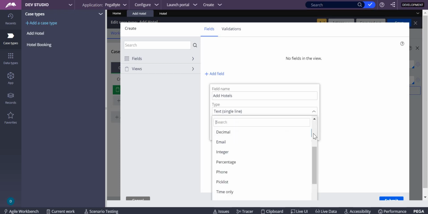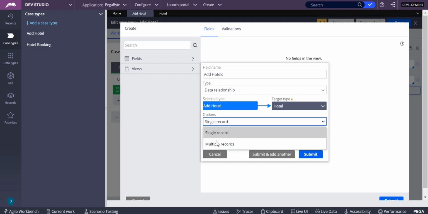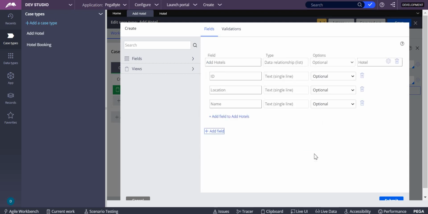So I'll change the type to data relationship. What is the data object? The data object is hotel. How many records do you want? You want multiple records here. Okay, submit. We do not want much over here. Okay, submit.